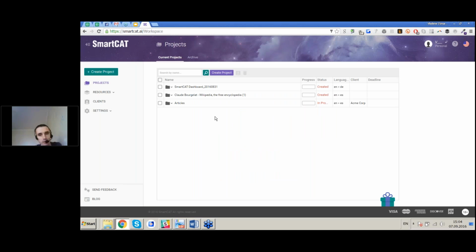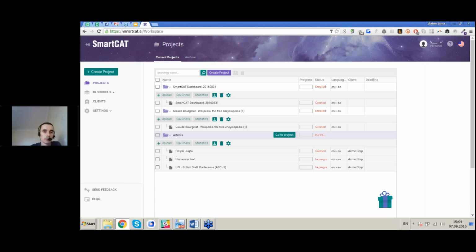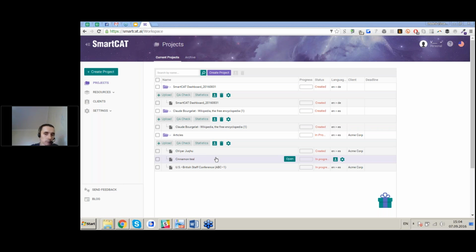So what I mean by this is, here we have the list of projects I have on my account. It's a test account, but anyway. So we see 3 projects here, and what is interesting is that all these projects are in different file formats originally. For instance, this one is an Excel file, this one is an HTML file, and these 3 are PDFs. But as soon as we open them in a CAT tool, SmartCAT in this case, you can see